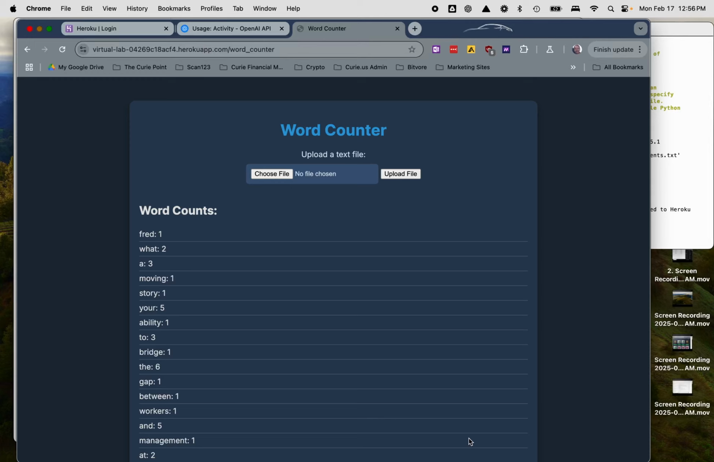Okay, so let's recap what we did here. We told it we wanted to build a program connected to Gallery that would take a file, count the individual words in that file, and show them on the screen in a list. And it has done exactly that. We had two errors